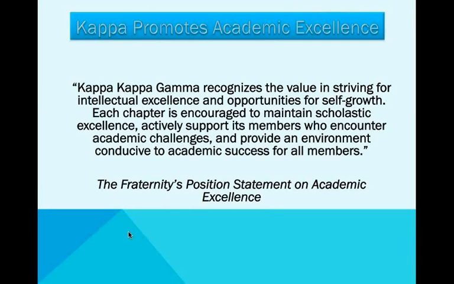Each chapter is encouraged to maintain scholastic excellence, actively support its members who encounter academic challenges, and provide an environment conducive to academic success for all members. This is something that your VPAE and her committee very much work hard to enforce and to support as part of her office. But it is important that you know that as a fraternity, we very much value academic excellence